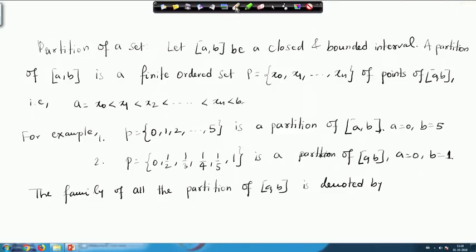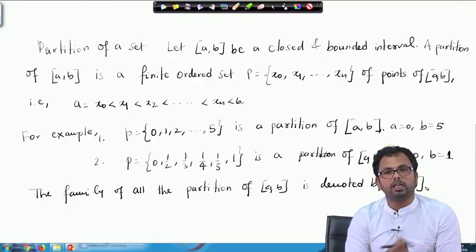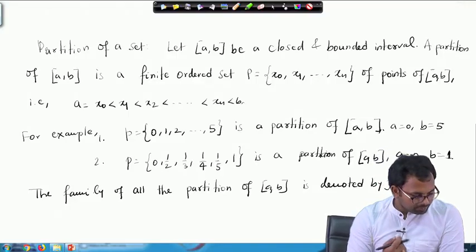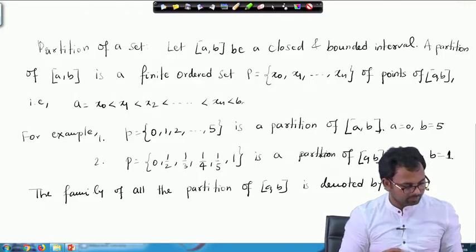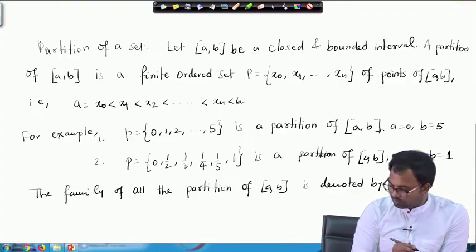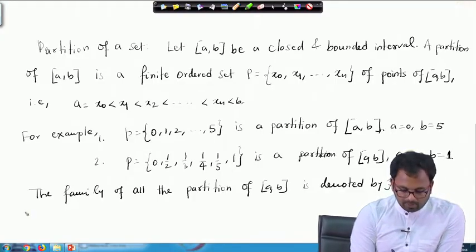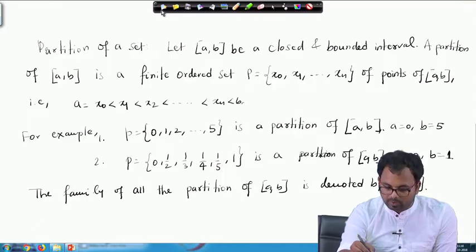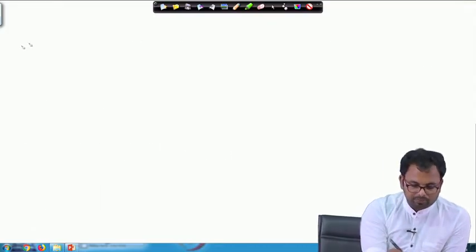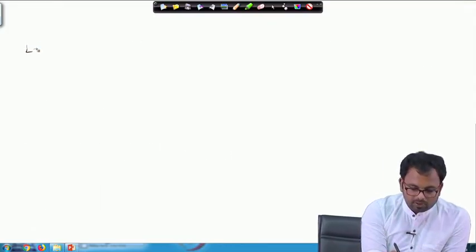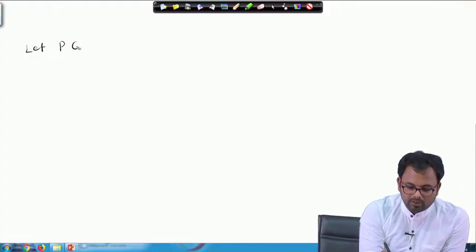So, of AB. So, this is basically the family of all partitions of the closed interval A comma B. Now, if we let me go to a new page. Now, if we assume that P is one such partition